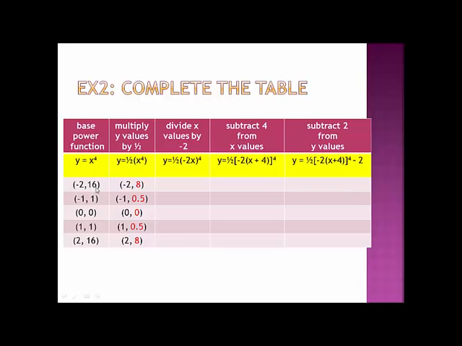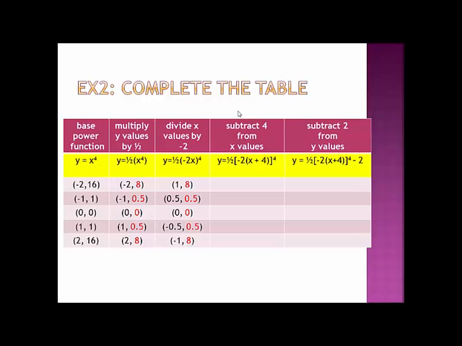So 16 times half is 8. 1 times half is half, and so on. Next we're going to do this reflection and compression all in one step here. So we will divide our x values by -2. If we start off with -2, we divide by -2, we get 1. -1 divided by -2, we get half, and so on. Then we can apply our